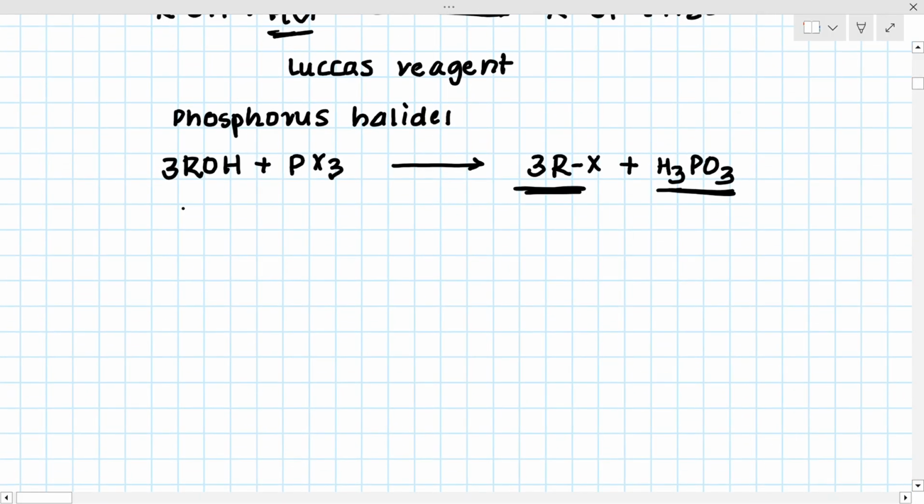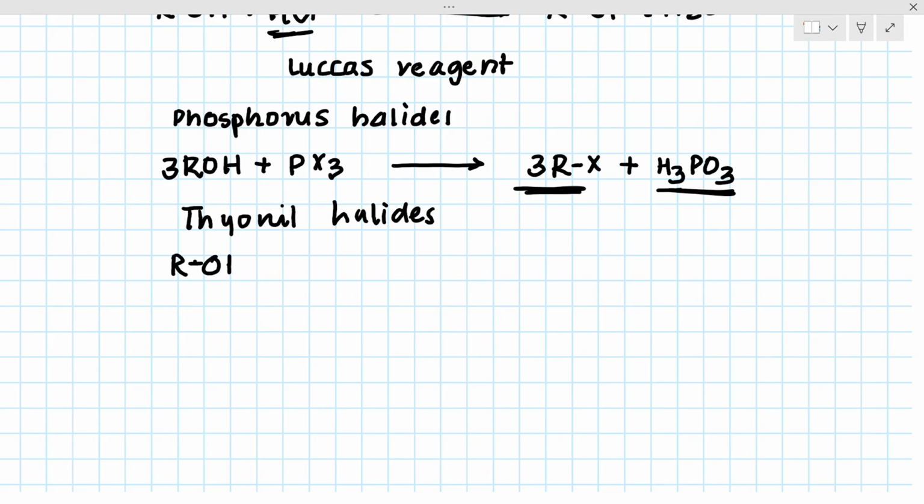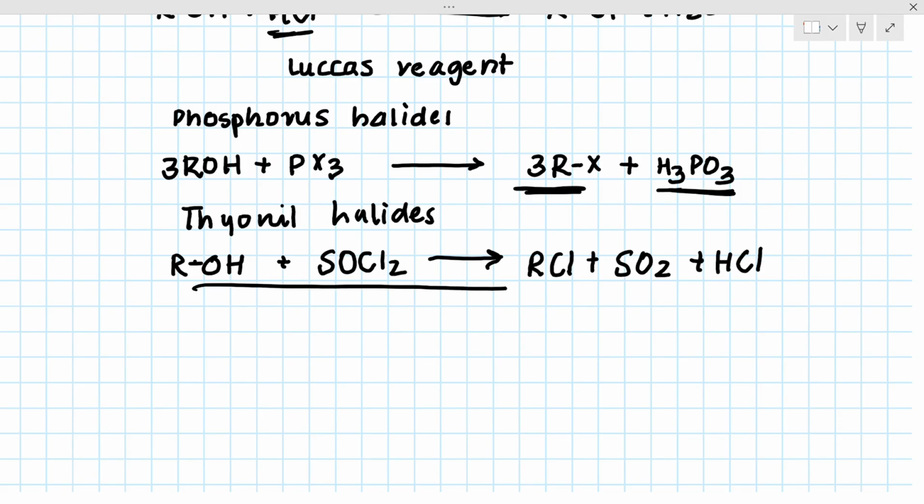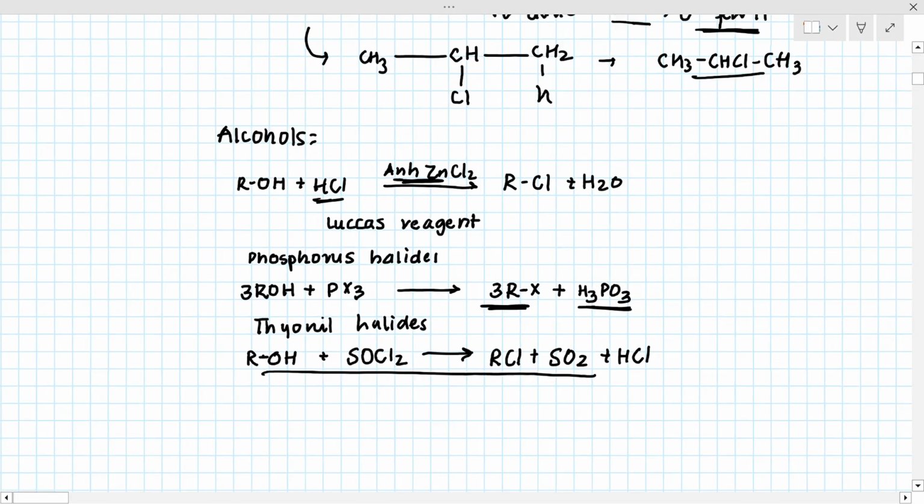And then thionyl chloride. This is only for the preparation or the substitution of chlorine. Not all halides can be prepared through this method. Only for chlorine this is very useful. You have alcohol plus thionyl chloride, giving you RCl plus sulphur dioxide gas and HCl. These are the preparation methods of